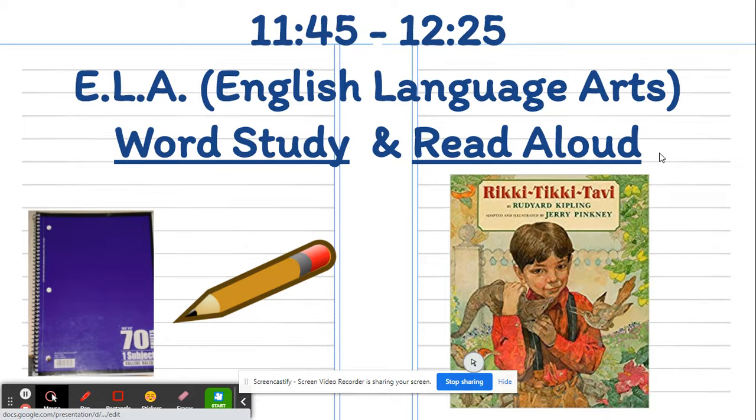You will be working with students doing the read aloud, which is Rikki-Tikki-Tavi. I've left the read aloud out for you, and I have left a post-it for group 1 and group 2 where we left off. So the kids know what to do. You'll sit and read aloud to them. Hopefully you'll finish the book.